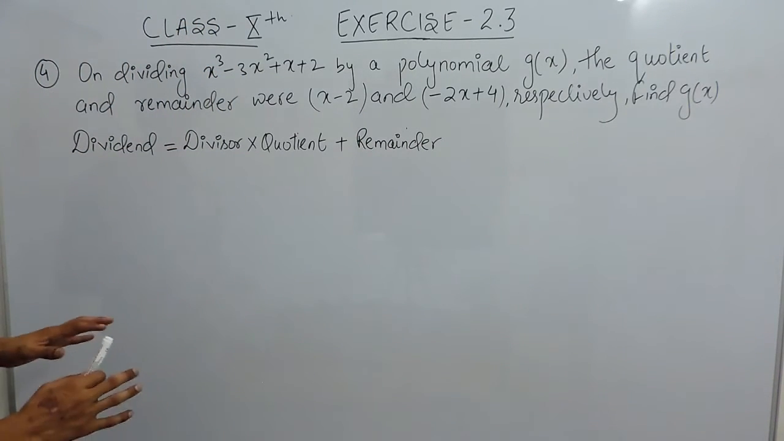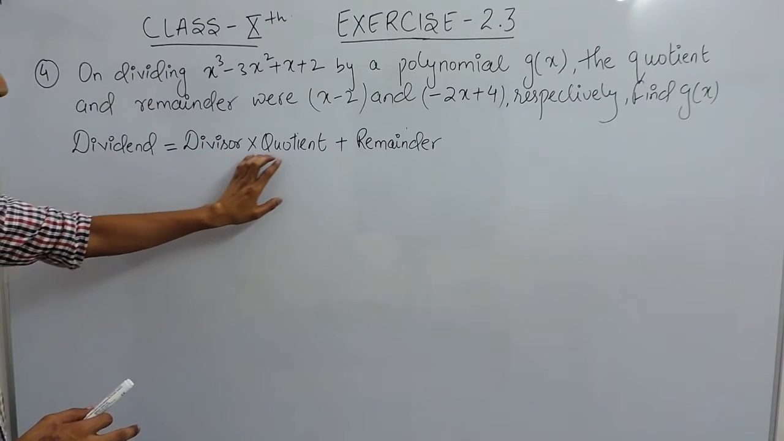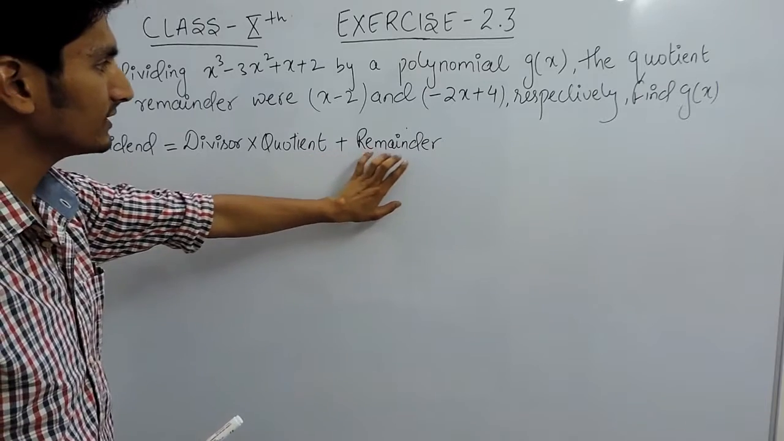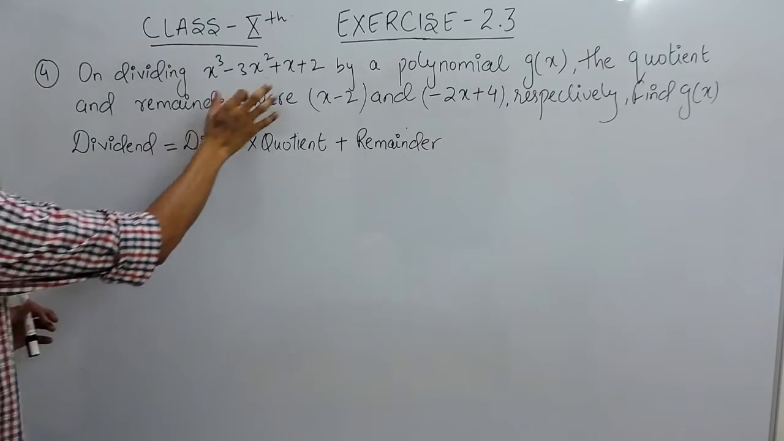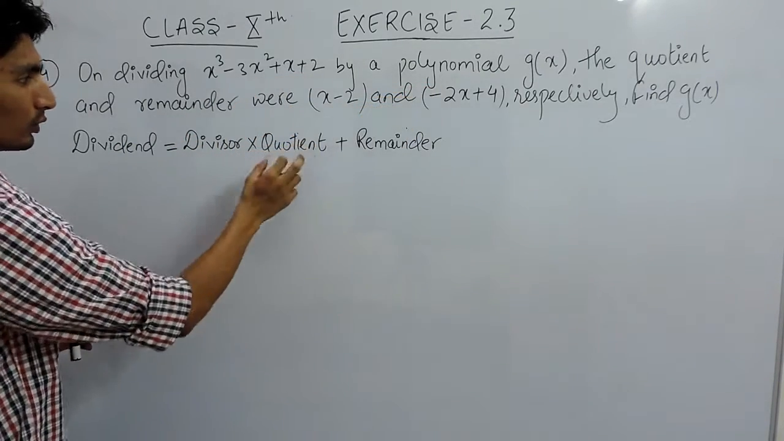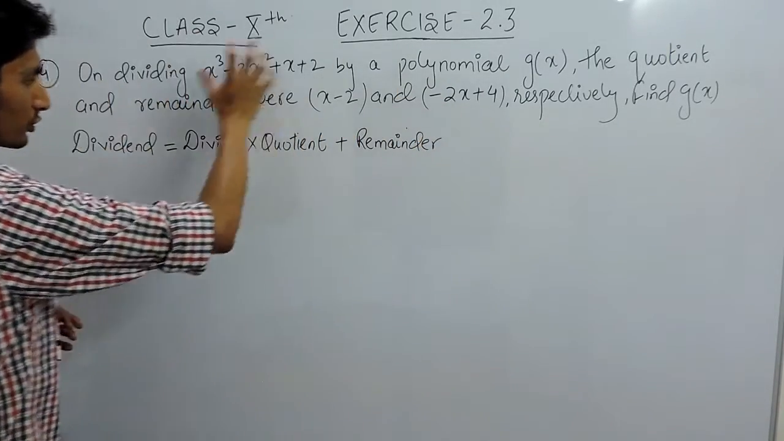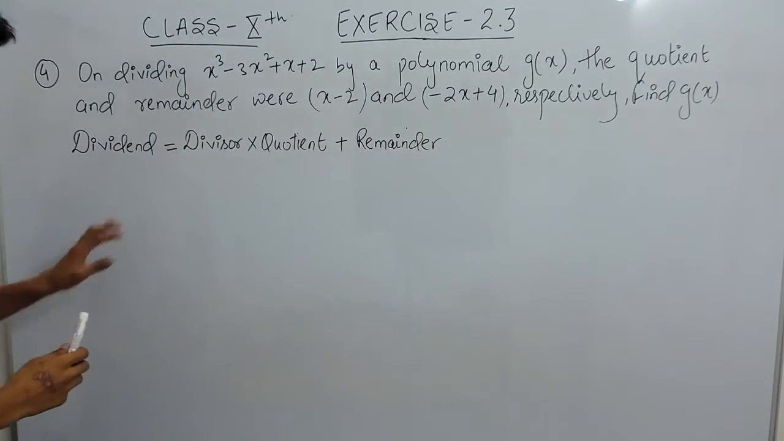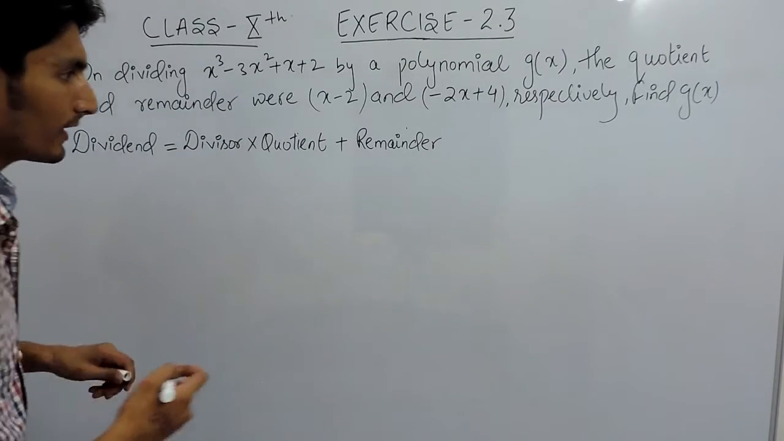For that we know that the formula is dividend equals divisor multiplied by quotient plus remainder. In this case, dividend is basically this much. Divisor you have to find. Quotient is this and remainder is this. So first of all, you have to put the value. Before that, this can be understood by